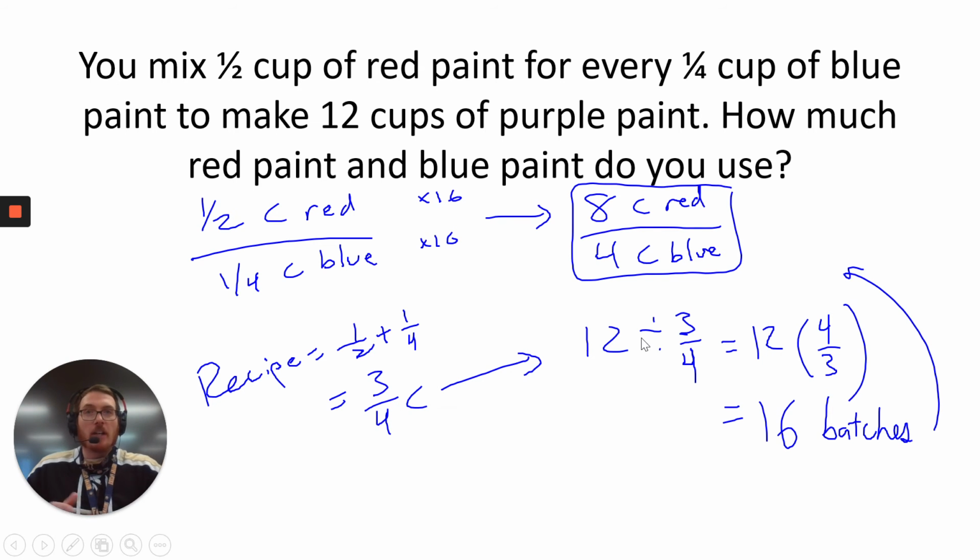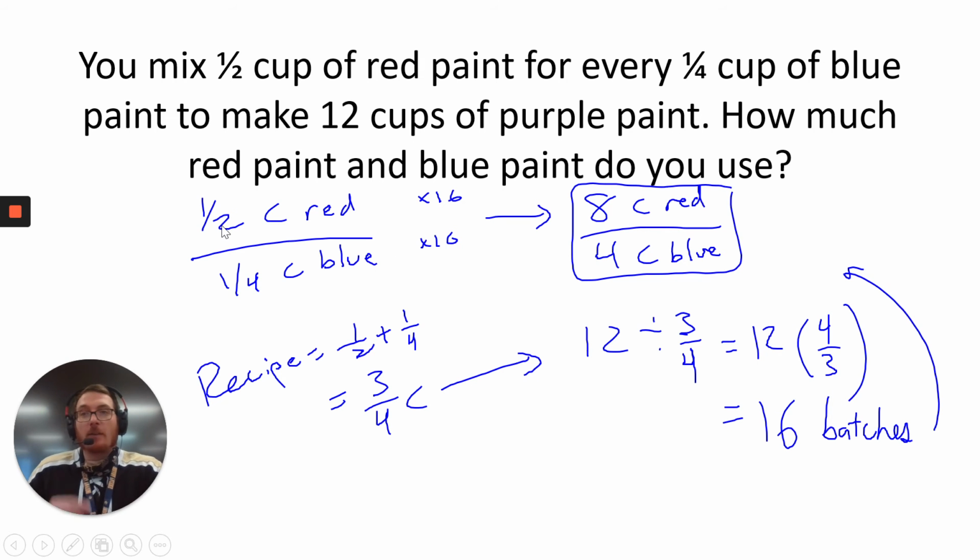Okay, so what I'm trying to figure out is how many batches of the recipe I want. So if you've ever done this with cookies or a dessert and you needed a bunch of them, you had to take the recipe and multiply by a certain amount. So for this case, I'm saying I need 12 cups total, divide that by 3/4 because that's how much one recipe takes. And then when I divide by a fraction, I multiply by the reciprocal, that's why it's times 4/3, and I get an answer of 16 batches of the recipe,